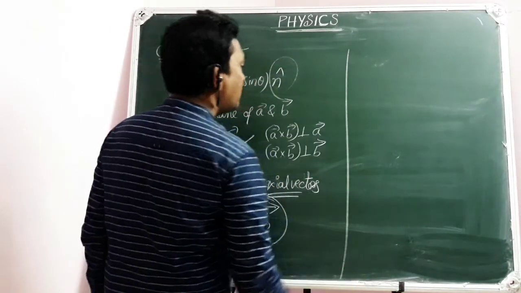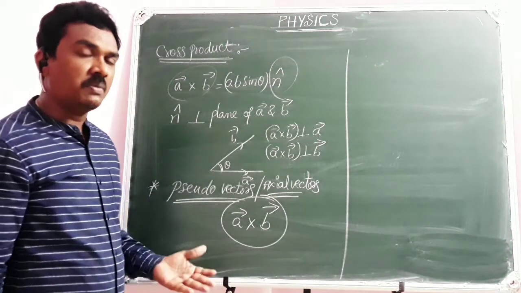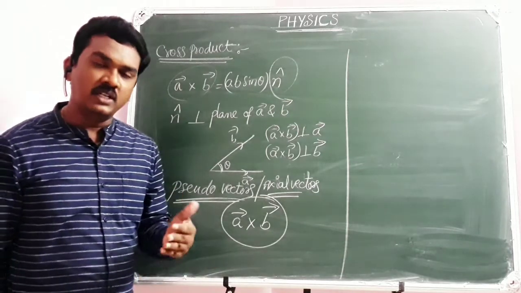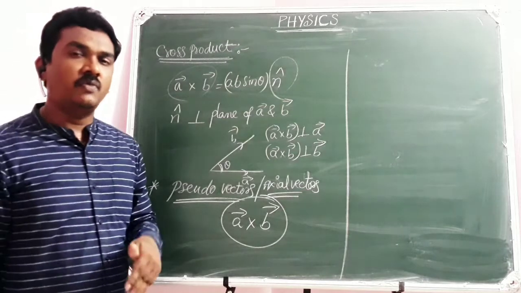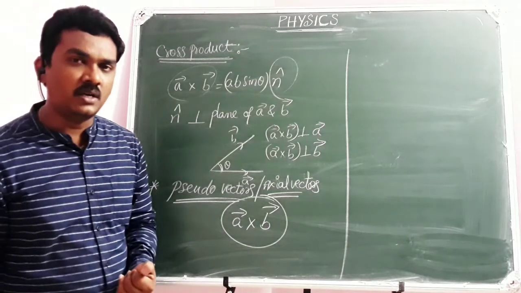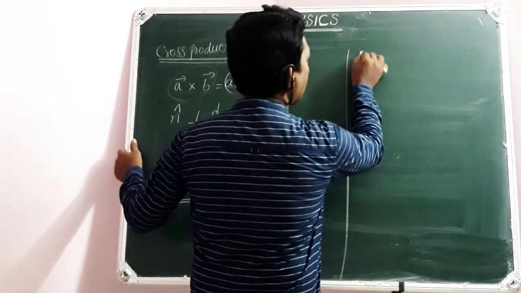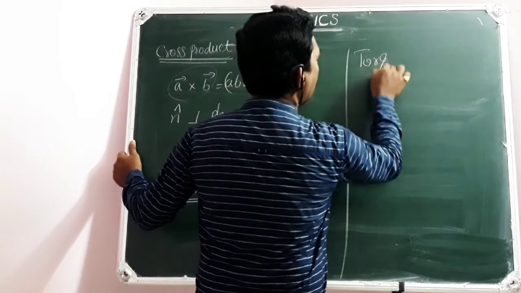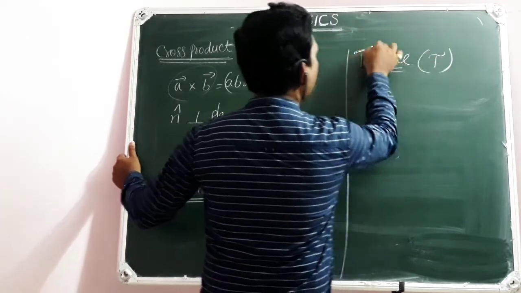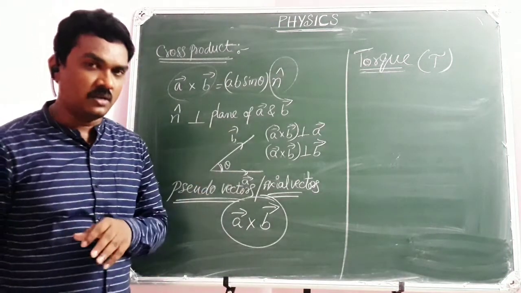Of course, you may eagerly expect what physical quantities can be obtained in physics on applying the cross product among physical quantities. See, between force and displacement, if you operate the dot product, you get work. That's the example for scalar product or dot product. Similarly, here the best example for cross product, which is known to you, is torque. Don't get surprised, you have learned a detailed analysis on the concept of torque.